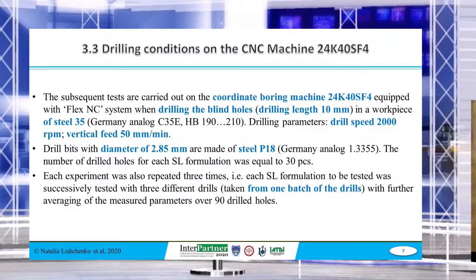Thank you. Next slide, number 7. Okay. This is drilling conditions on the CNC machine mentioned above. The first idea, the subsequent tests are carried out on the coordinate boring machine equipped with Flex and C system when drilling blind holes. Drilling length is equal to 10 millimeter in a workpiece of steel 35, German analog C35E, hardness HB is equal to 190